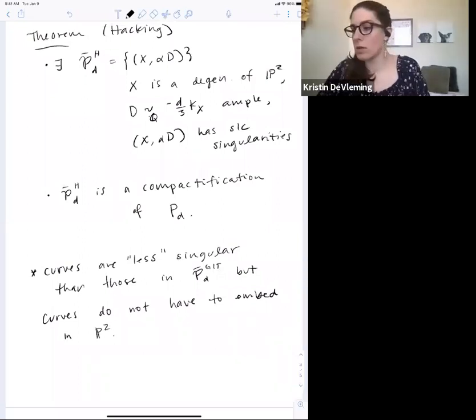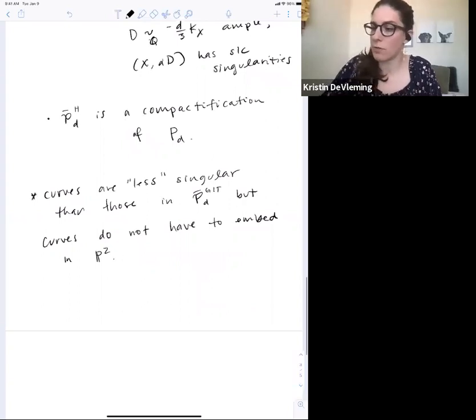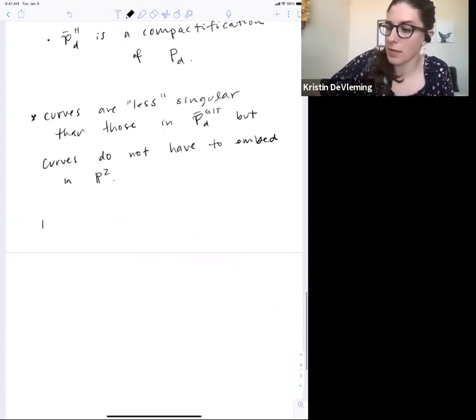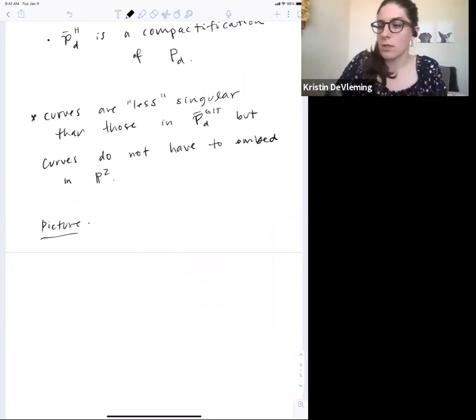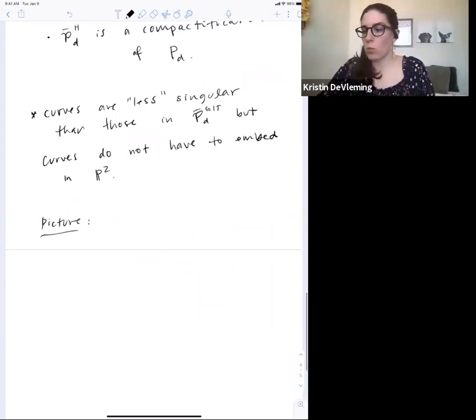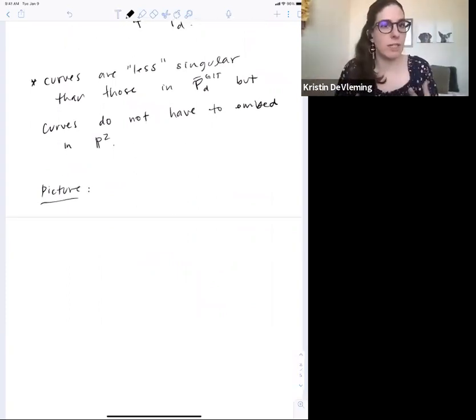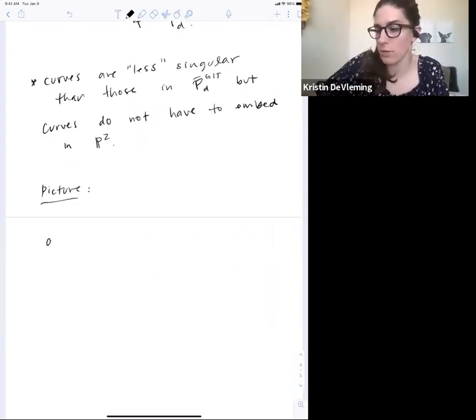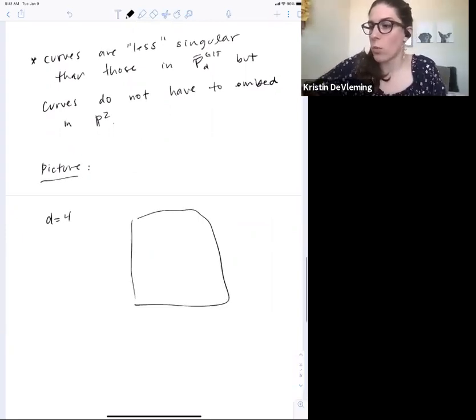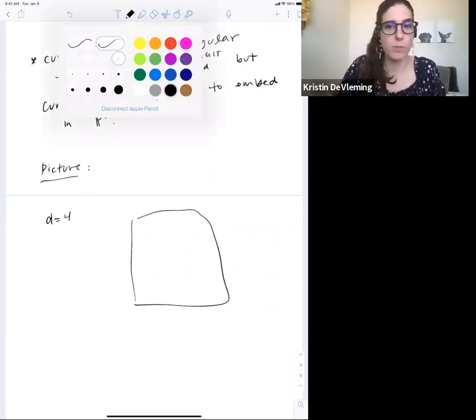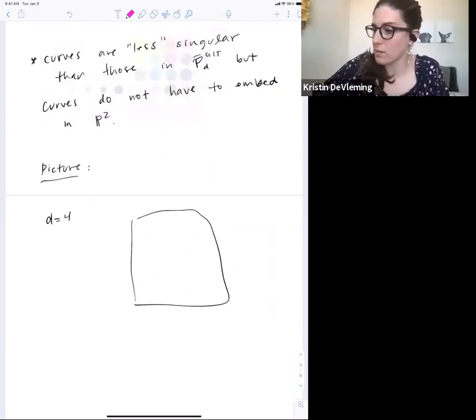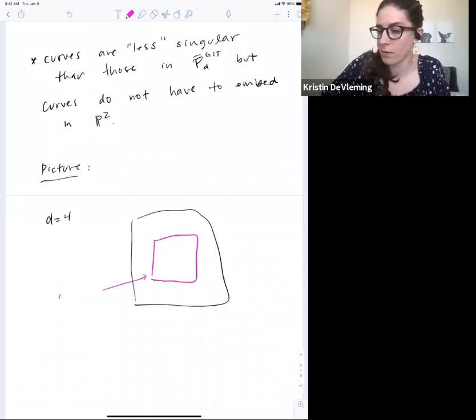So, to give an idea of what this looks like, again, let's draw another picture. So we have roughly the same moduli space. This is a compactification of the moduli space of plane curves. So in our first degree, again, D equals 4, we have two special loci again. So we have a codimension 1, so a divisor,